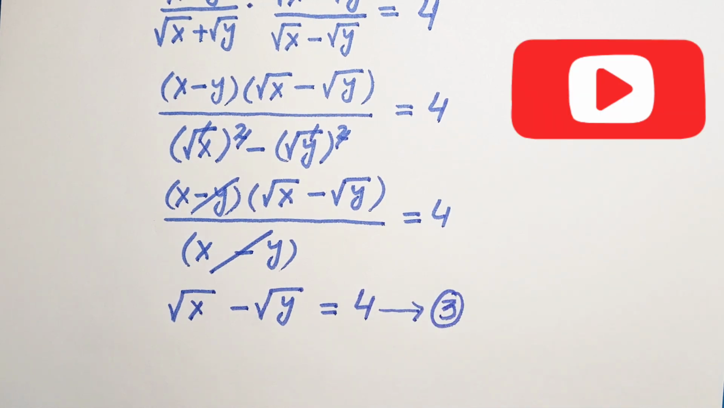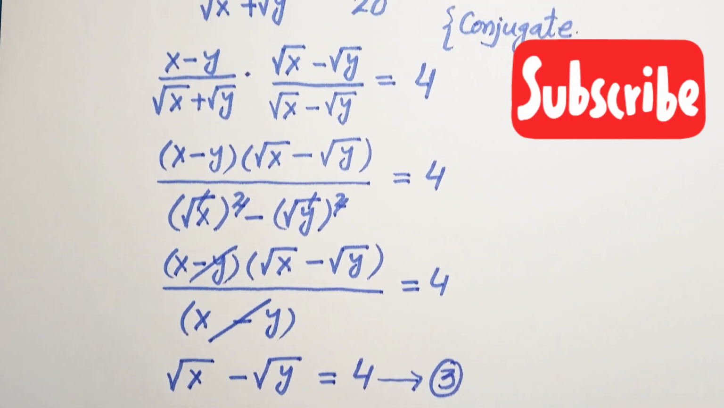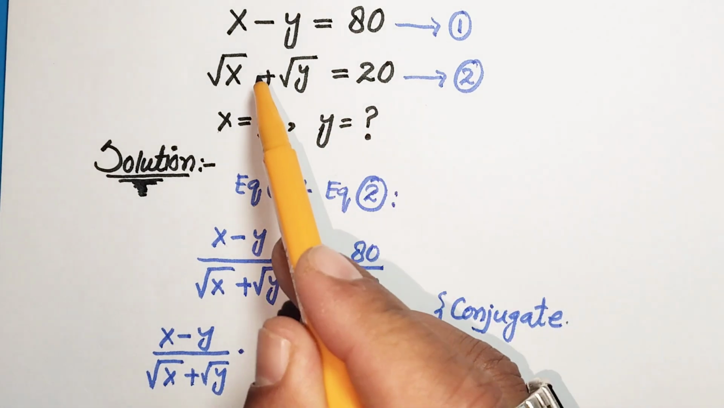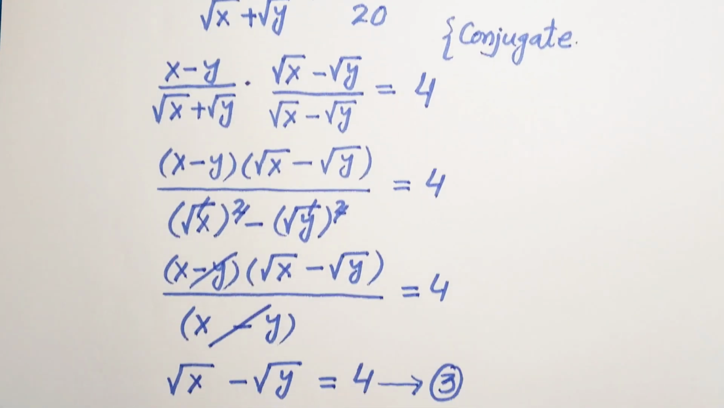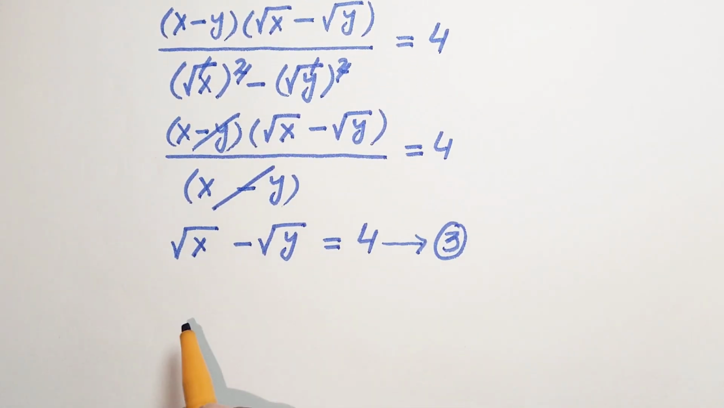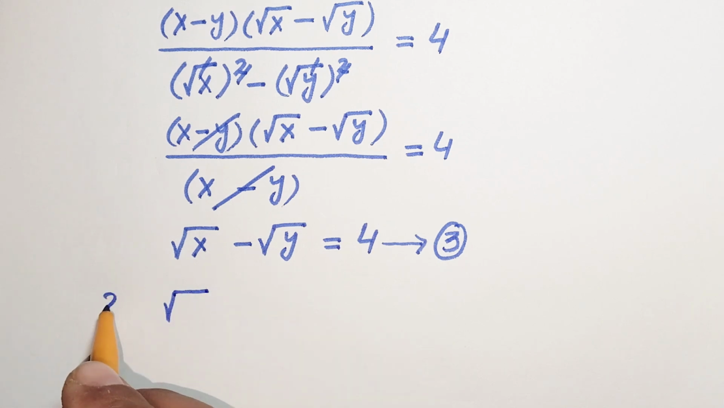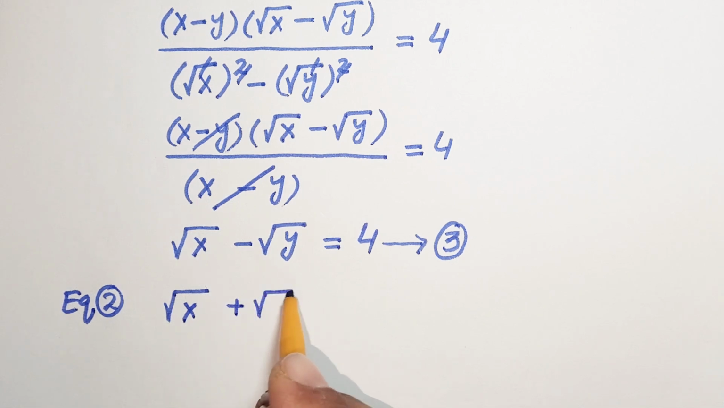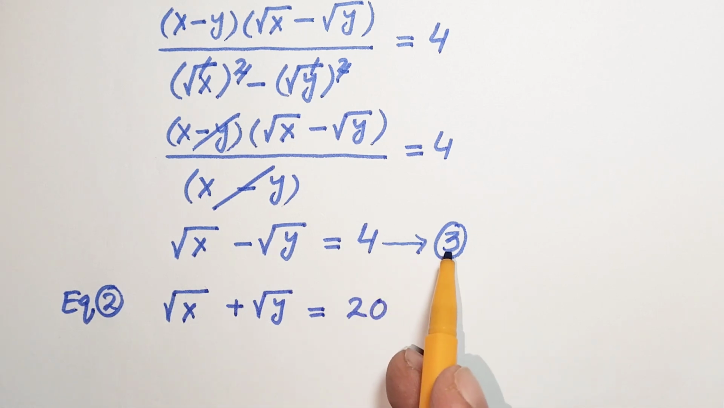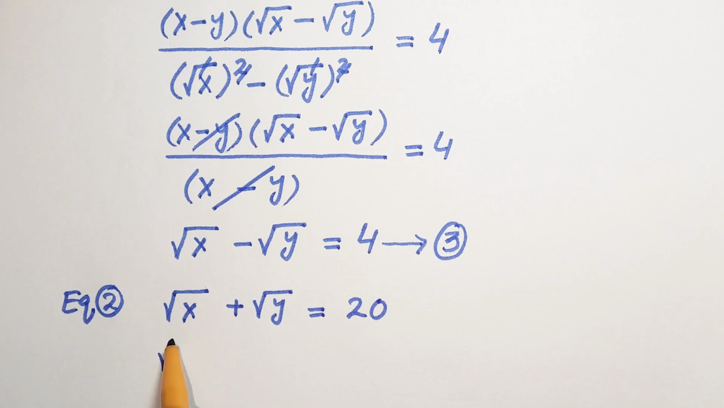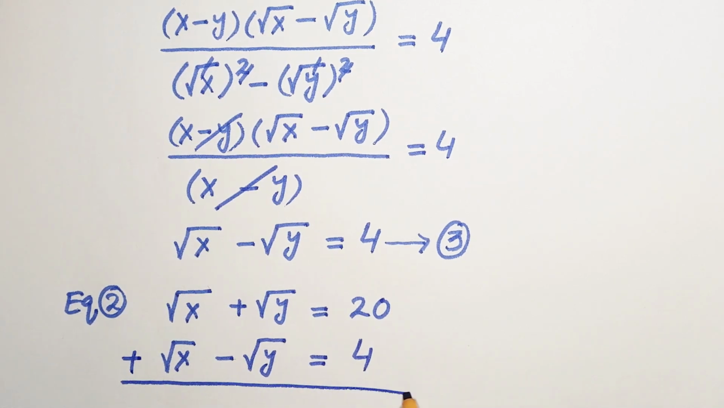Now we are going to add equation number 2 and equation number 3. So we have our equation number 2 here, square root of x plus square root of y is equal to 20. Now adding the left hand side of equation 2 with the left hand side of equation number 3, square root of x minus square root of y, which is equal to 4. So now adding these two equations, then we have